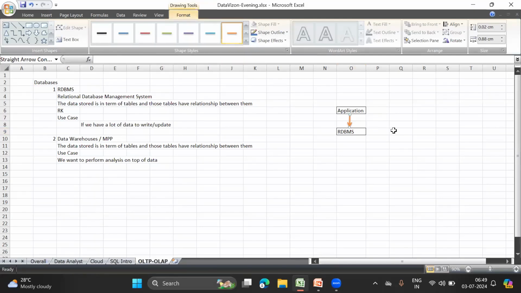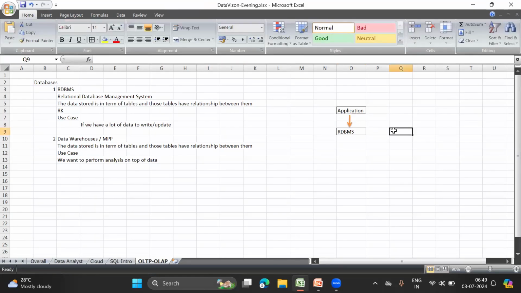Now this RDBMS is expected to grow every day. As we have discussed, for example, in 1 year we are generating 100 GB of data. What will happen if we are aggregating a lot of data? The size of the RDBMS will increase a lot faster than we expect. So if this RDBMS has data for 10 years, you can think of the size being like 1000 GB. It will touch around 1 TB.